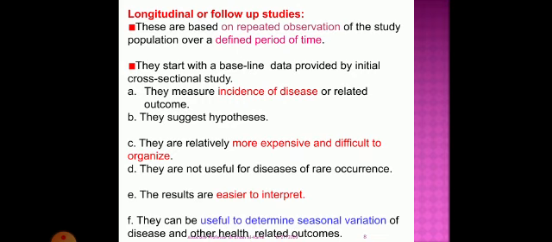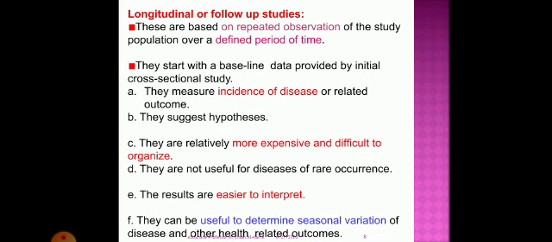money consuming. They are not useful for diseases of rare occurrence also, because we need a long period of observation, and this will be very expensive to carry out this study, especially if the disease has a long duration to appear or to occur. The results are easier to interpret, and they can be useful to determine seasonal variation of disease and other health